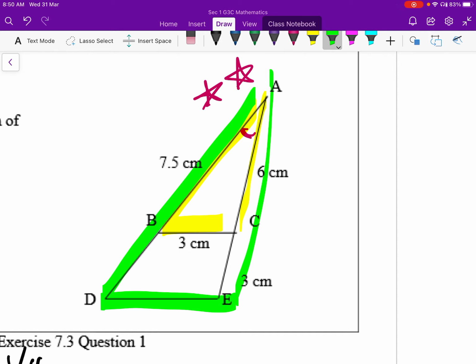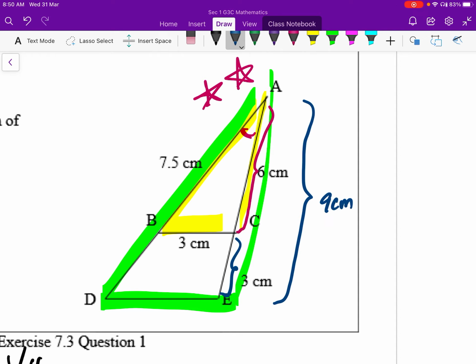So this 6 cm refers to AC. Whereas the 3 cm refers to CE. Now CE is only a part of the long triangle. So AE, this is our 9 cm. We have to be comparing our 6 cm with our 9 cm because these two are the corresponding lengths. Now with these two, I can tell that,